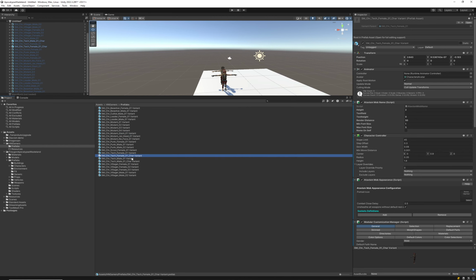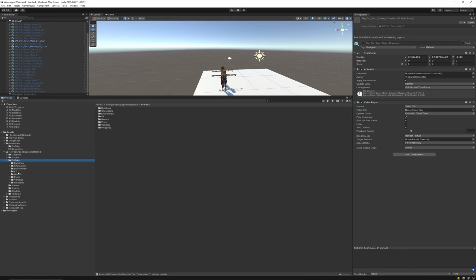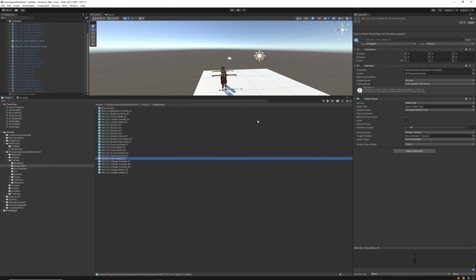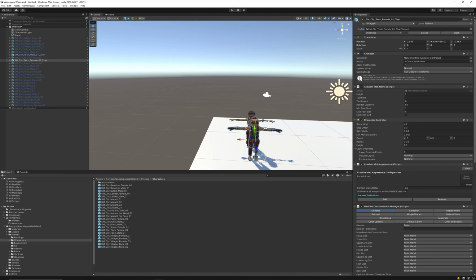And so what that allowed us to do is make changes very quickly and easily on a master item and then extend that to the character. So we're going to go ahead and come back over here to that TechMail and we're going to remove that object so we don't want that video player on there. And we're going to come back into the scene. So you can see that we've got our two characters now,